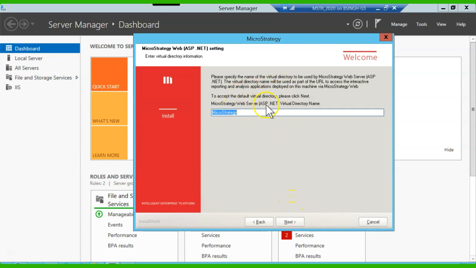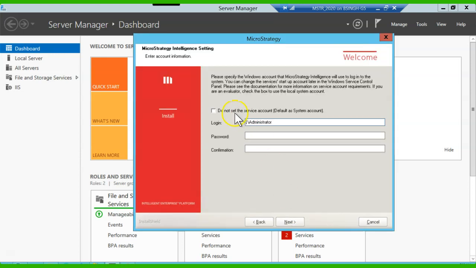Then it will give you the web server virtual directory name. That would be MicroStrategy. Okay, then the portlet directory. Okay, then MDX cube. That's fine. Then here you have to enter your admin accounts, whatever service account you are using for your services and your application pool. So you should enter the service account.